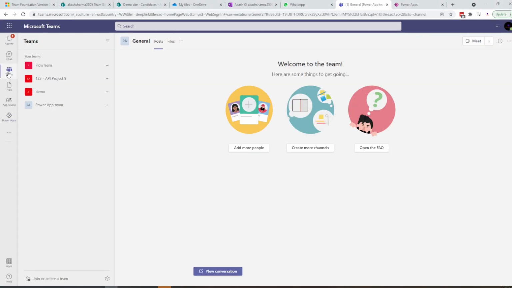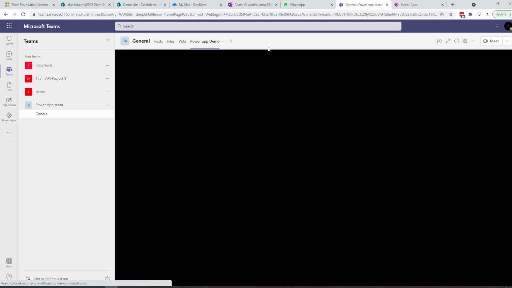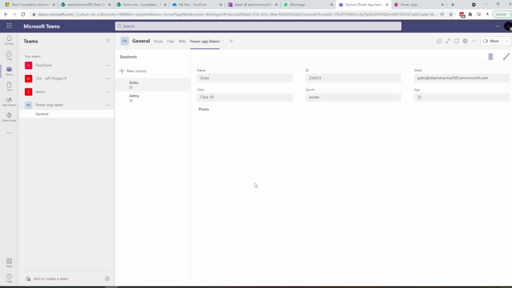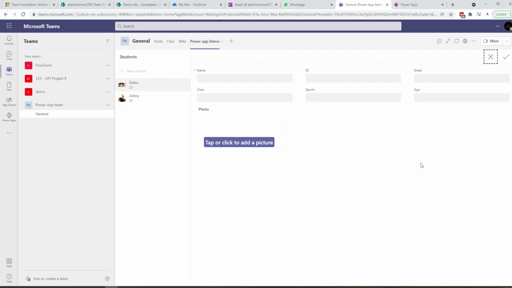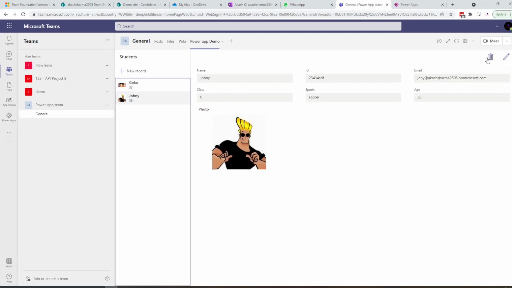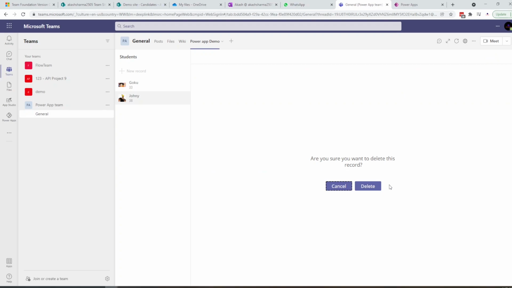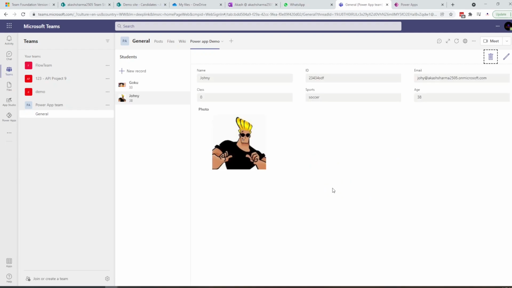Now if I go to my Teams, in the general channel, I already get the Power App Demo tab, and I'll have the complete app here in the tab itself. Now from here, I can share my app with other team members. Of course, they can contribute and they can create more records here according to the permissions. Mind it, if you delete anything here, it will give you a pop-up like this: are you sure you want to delete this record? Once you click delete, you cannot recover it. It's not Azure, it's not SQL, it's not SharePoint where you have a recycle bin. So once you click on delete, it's gone.